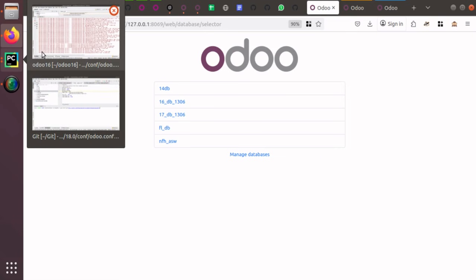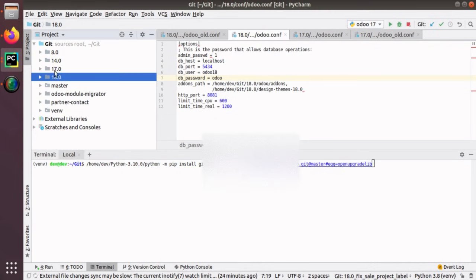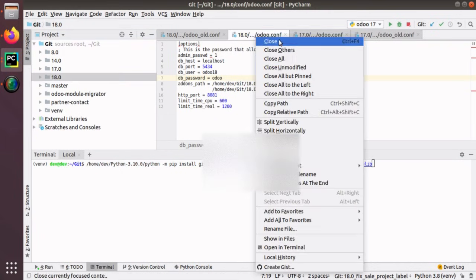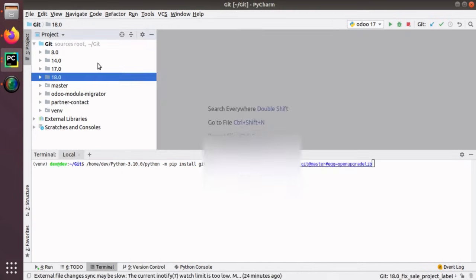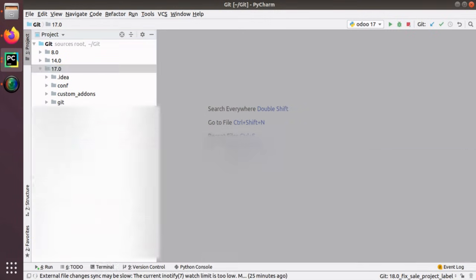So the process here is, this is my Odoo 16. I'm not going to do anything here. I just switch the tab to where my Odoo 17 is. So let me close all the files, and here I have my Odoo 17 running. Like I can run Odoo 17 from here. So as a first step, what you have to do is